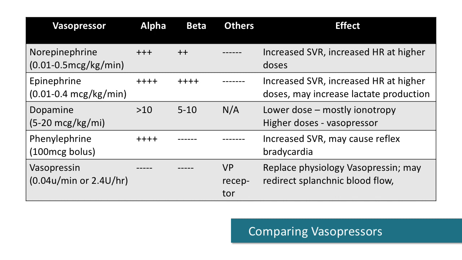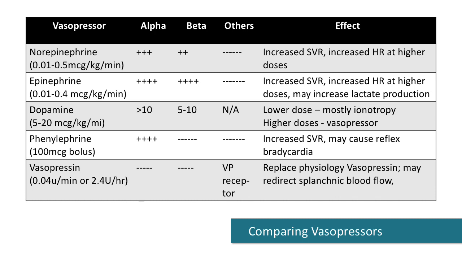Epinephrine, given at doses between 0.01 and 0.4 micrograms per kilo per minute, has a substantial amount of alpha and beta effect. Therefore, it can increase your systemic vascular resistance, increase your heart rate at higher doses, but also has the downside of potentially increasing your